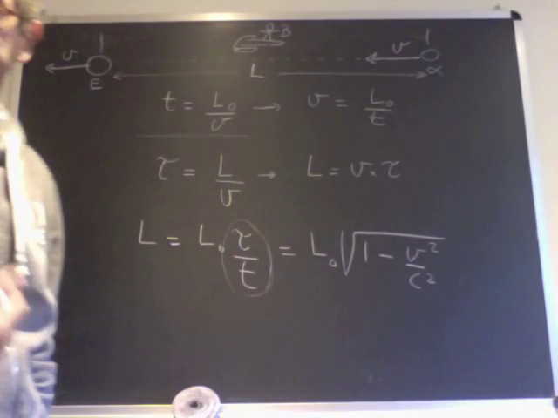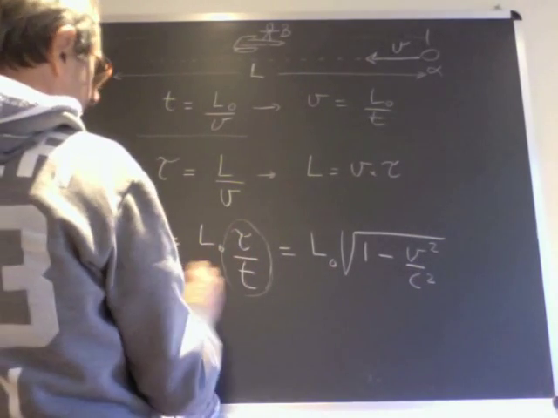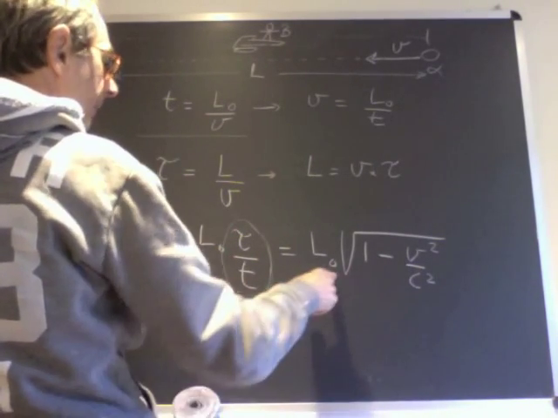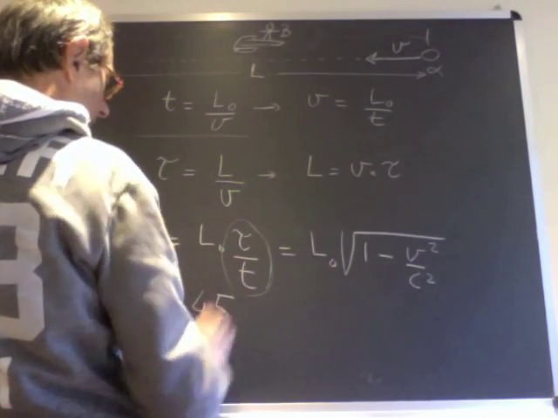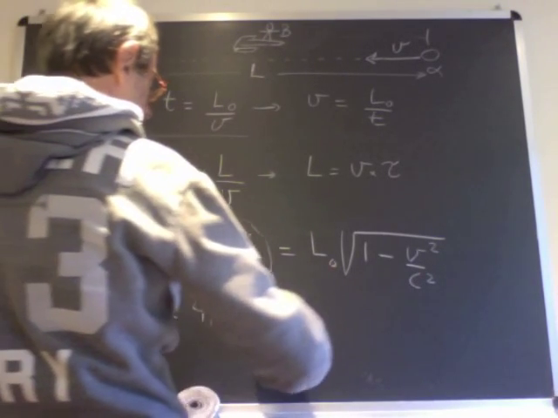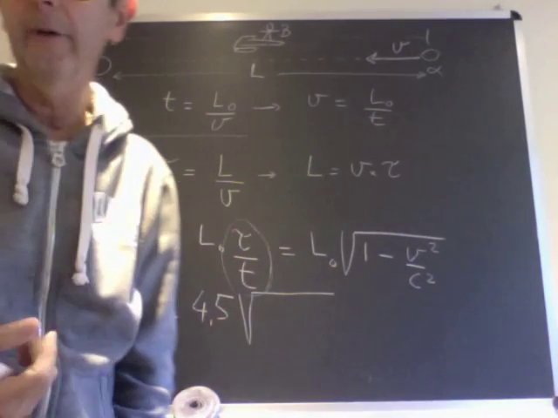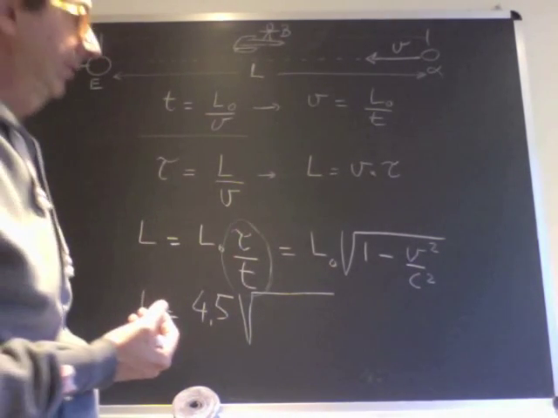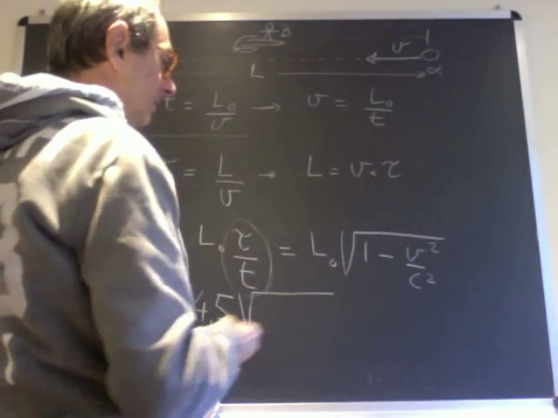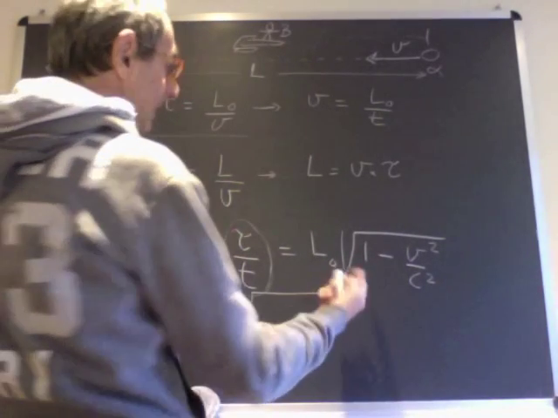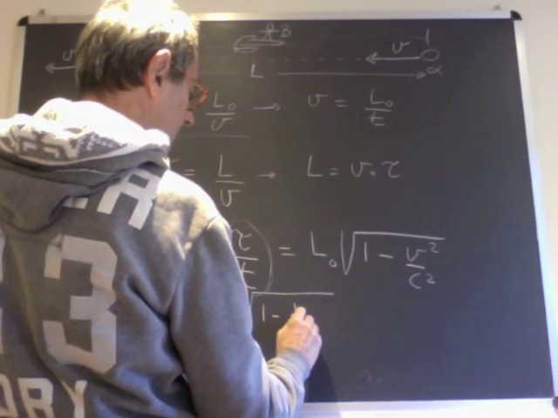For instance, imagine that we know, in particular, that this is 4.5 light years. Okay, and suppose that the spaceship is traveling at the speed of 1/2 of the speed of light, like in the previous exercise. Well, it's very easy to see that this calculation produces